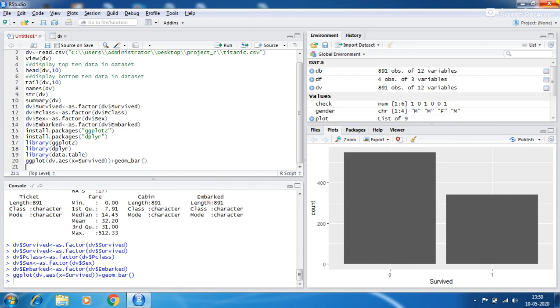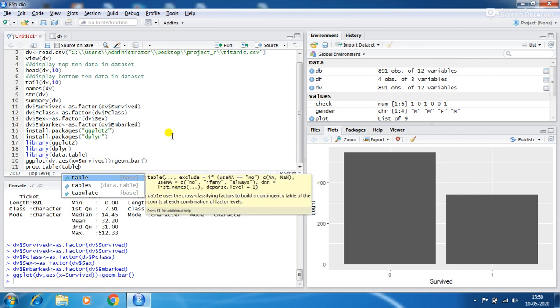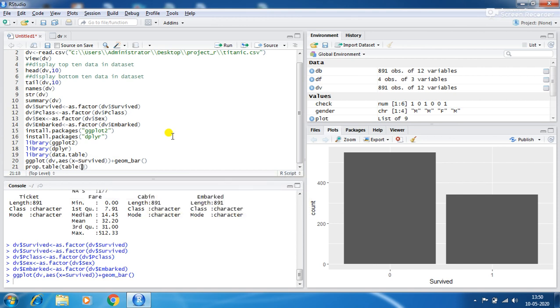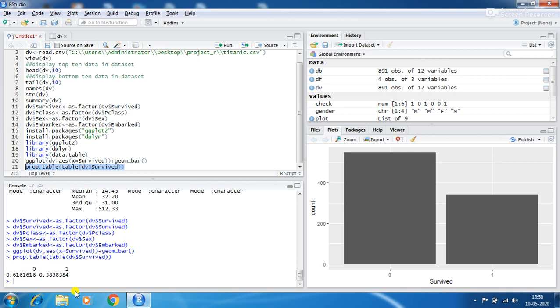So prop.table is used, and table, that is db, and the variable survived. How to analyze it? Select and run it. These are the answers. Means 61% of people did not survive, 38% of people survived in the Titanic ship.